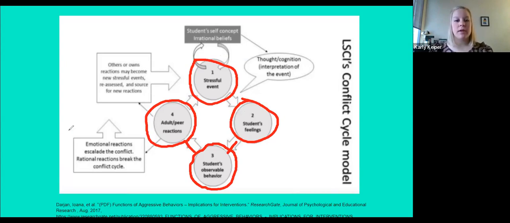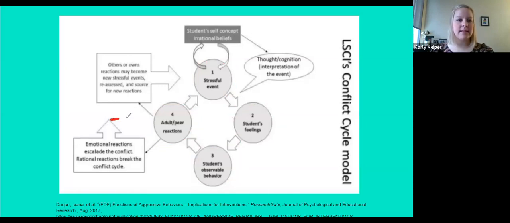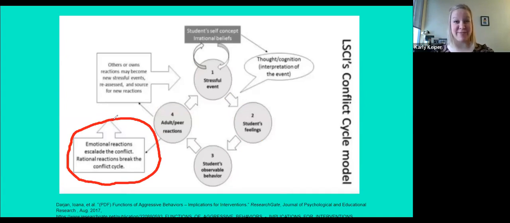But also over here, let me clear my drawing. Over here, this is so important for us to remember. And I can either be really obnoxious and repeat it every single slide, or we can talk about it now. Emotional reactions that we have as the adults